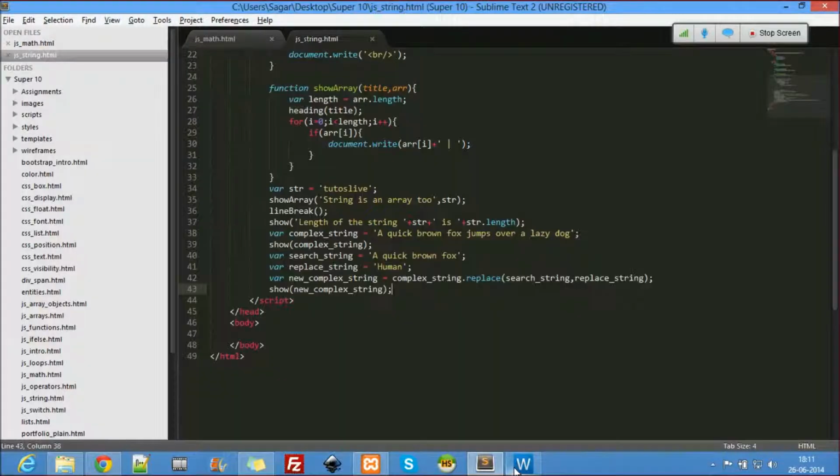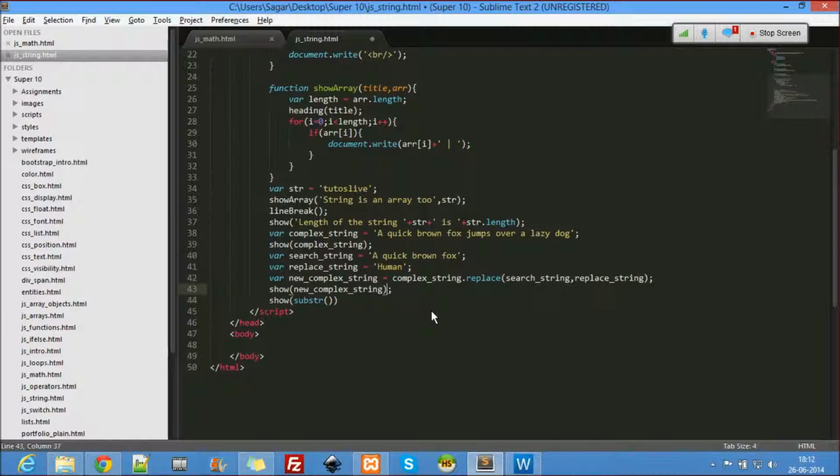And we have substr. Now with substr, I want to find "fox jumps over." Let's do this. Show substrIndex.